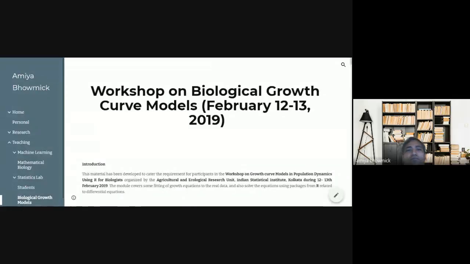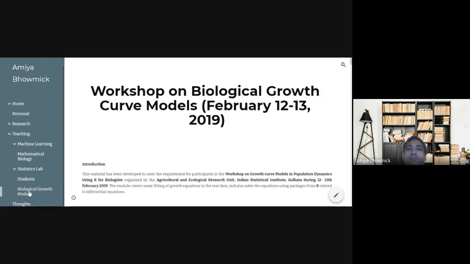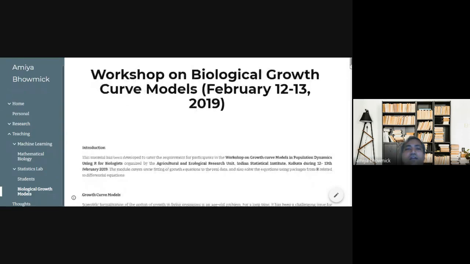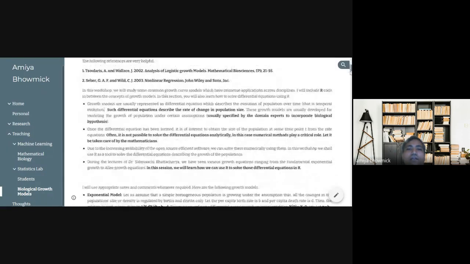If you go to this website, it's in my web page. There is a tab called biological growth models. That is from a workshop we had done for 2 days in 2019. There you will find out how we can perform bootstrapping in nonlinear models.